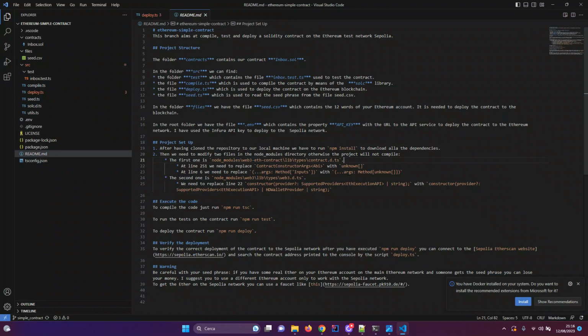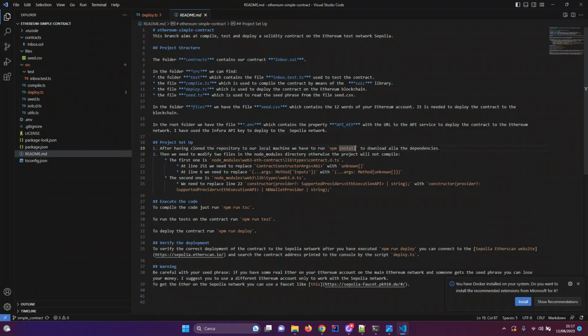If we open the README file, we will see that in the section Project Setup, there are a series of steps that we need to perform in order to run our application. So we have already cloned the repository to our local machine, so we need to run npm install to install the dependencies.